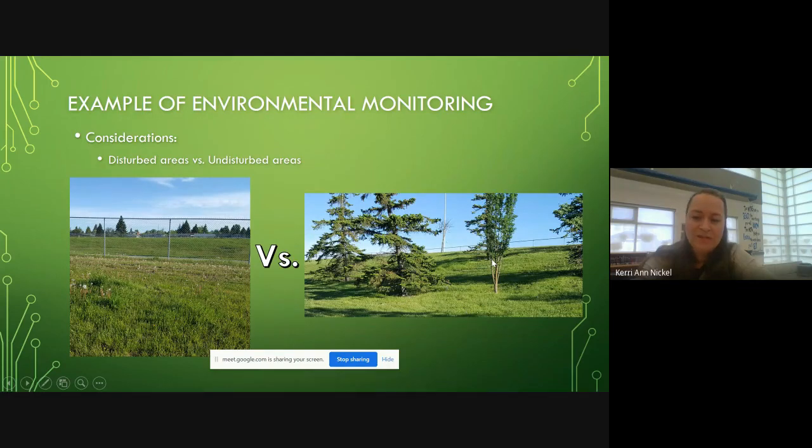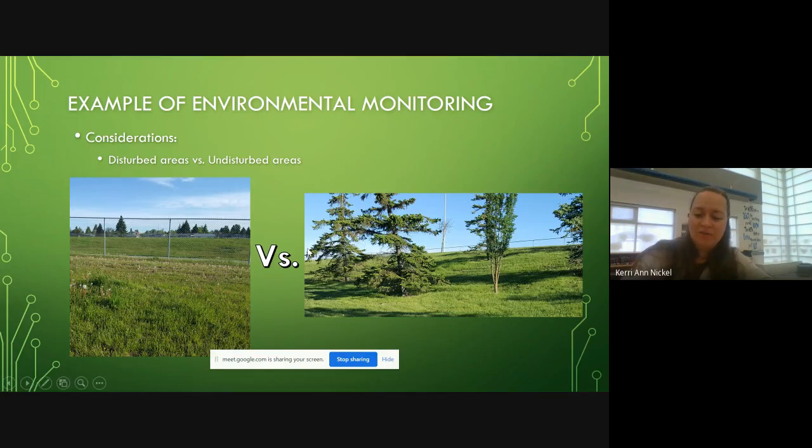So if you take a look on the right, the slopes of the berm along the side are not as disturbed. So comparatively, they are undisturbed areas because people might walk up them to get to the top, but the regular traffic would be along the top of the berm and then also down at the bottom along the sidewalk. And so we found there were sort of two disturbed areas and then this kind of mostly